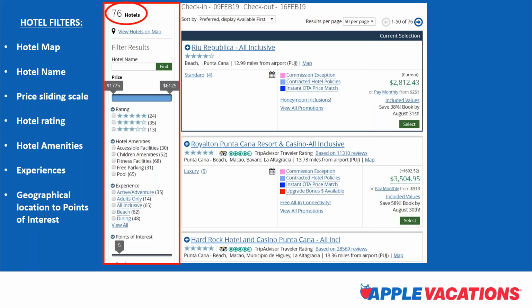And finally, you can even search by the geographical location of the hotel to different points of interest that your clients might be interested in. So if you know that they're interested in some excursions in a particular area, you're probably going to want to look at hotels that are fairly close to those points of interest for your clients. So all of these filters are available to you.